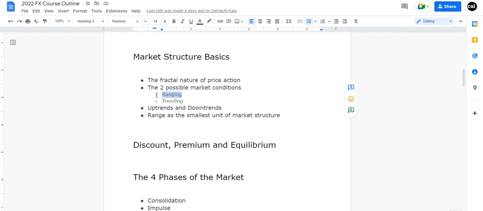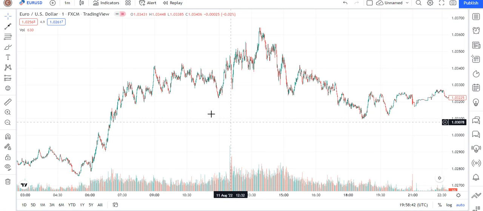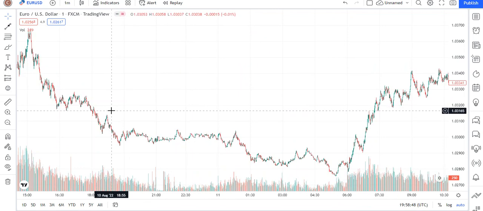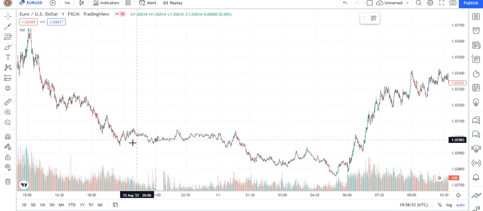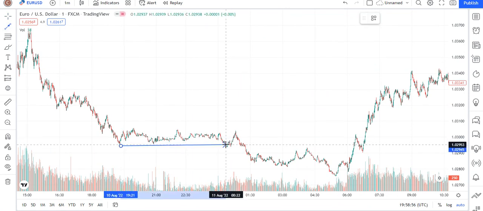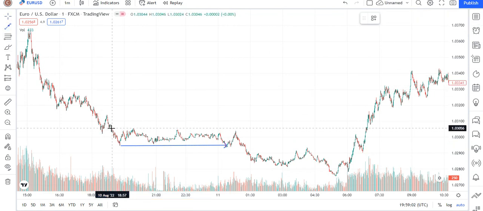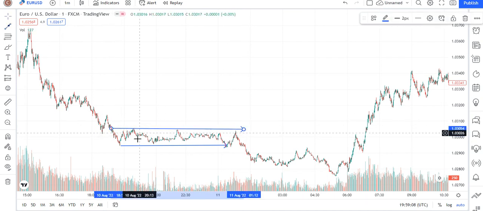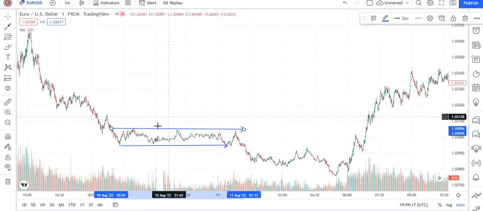So the ranging market, like I said, is when the market is stuck. It's not moving up nor down in the grand scale of things, like you can see here now. For example, here, this is the low, this is the other low here. Previously the price was going down, but once it got to this area, it was going up and down, but it was still staying in the general area of these two lines. You understand? So when a ranging market is happening, it is a sign that we are about to go up